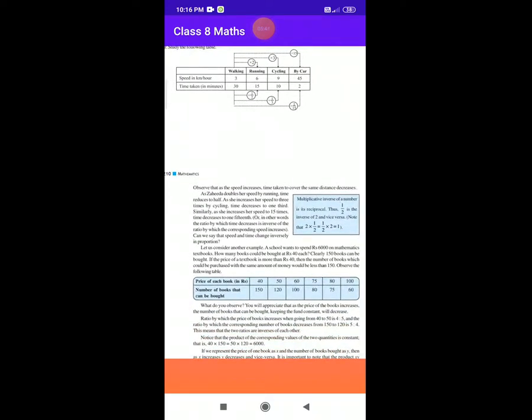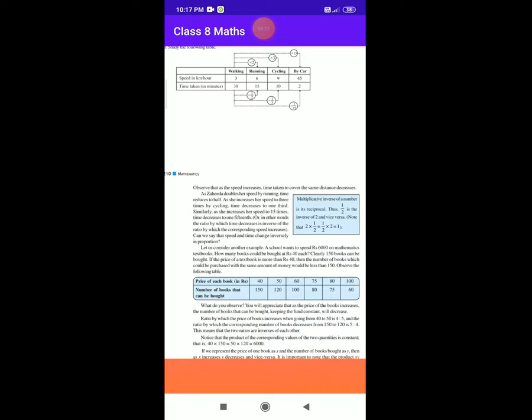हम यहाँ देख सकते हैं कि जैसे जैसे स्पीड इंक्रीज होती जाती है, इसके साथ साथ डिस्टेंस कवर करने के लिए जो टाइम टेकन है वो डिक्रीज होता जाता है। As Zaheda doubles her speed by running, time reduces to half. जैसे उसने अपनी स्पीड को डबल कर दिया है, टाइम रिड्यूस होकर हाफ हो गया है। As we see, increase her speed to 3 times by cycling, उसने अपनी स्पीड को 3 टाइम्स कर दिया साइकिलिंग करते हुए, टाइम डिक्रीज इन 1/3, तो जो समय था वो 1/3 डिक्रीज हो गया। सिमिलरली, as we see, increase her speed 15 times